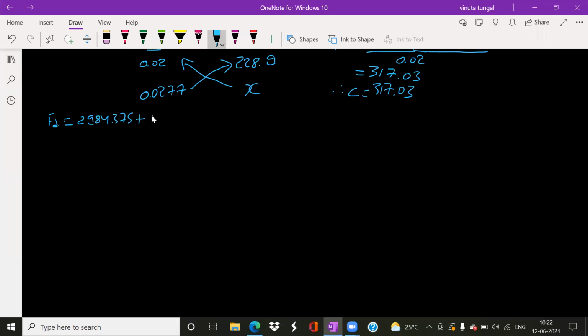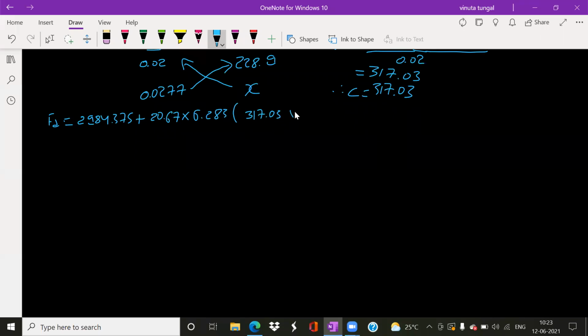K3. How much is the value? 20.67. 20.67 multiplied by. After K3, which term is there? V value. After K3, V is there. I substitute the value of V, 6.283. After that, next is C. So calculate the value of C,